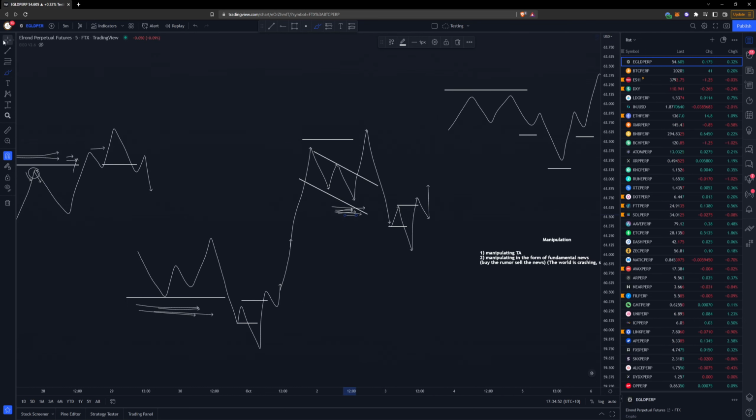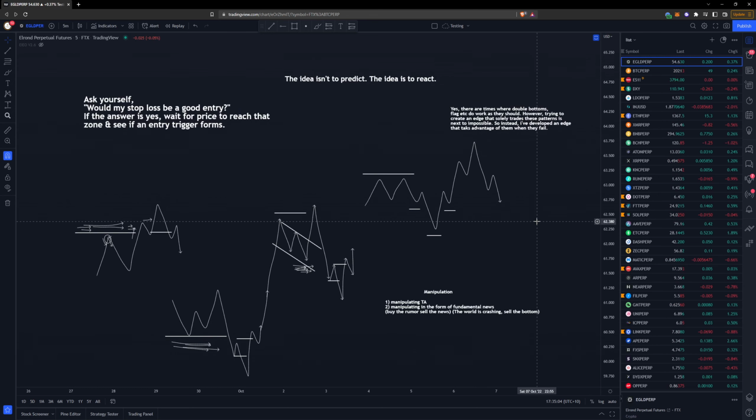So I'm going to cut that here. I know I haven't gone over any examples and I haven't explained anything too much, but I'm going to leave this up to you to go into the charts and find these scenarios play out themselves. Look for the double tops, wait for price to reach above them and start to sell off, as in start to see this pattern. Wait for a double bottom, wait for the pattern to form. Look for the bull flags, wait for the pattern to form. Rather than